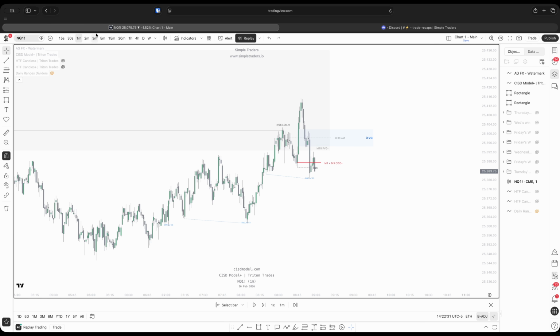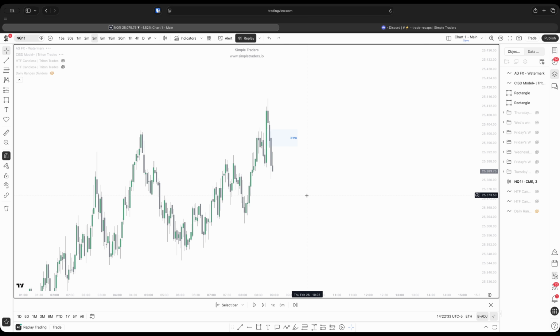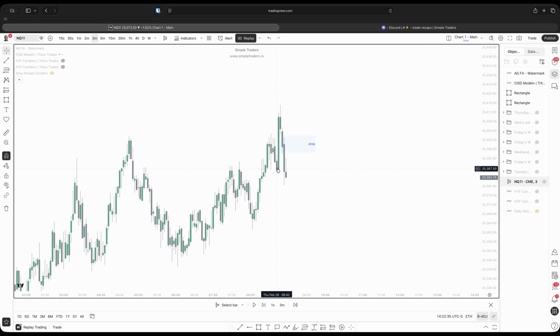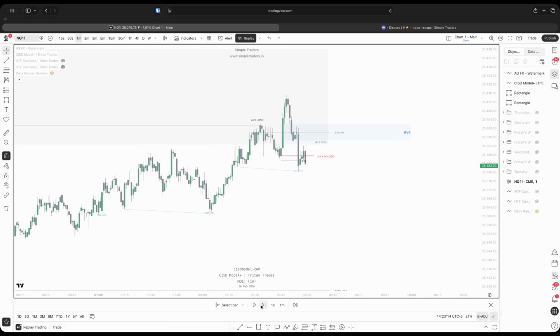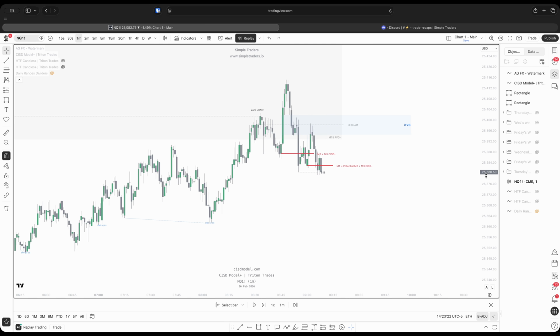So you can obviously mark this out manually as well. If you don't have the indicator, you can head up to the 3 minute and you can see clearly there was a 3 minute CISD. So now I'm going to forward price a bit. You see what happens. You can see we came back up into that inversion, and then we came down